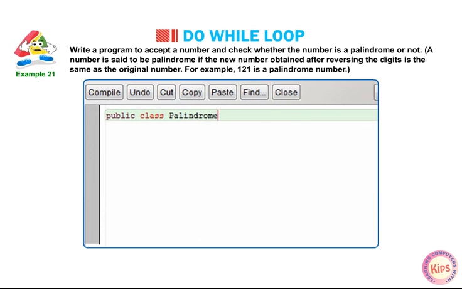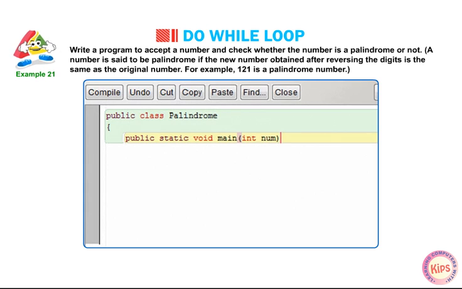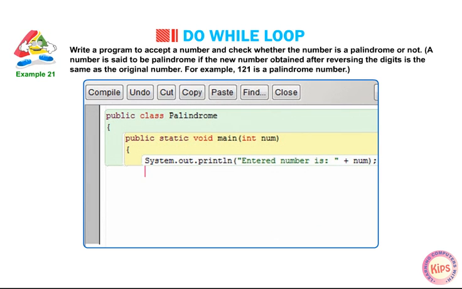public class Palindrome { public static void main(int number) { System.out.println("Entered number is: " + number); int n, d; int rem = 0; n = number;